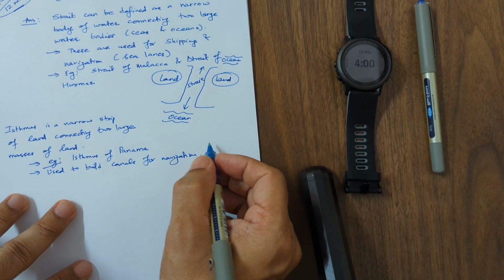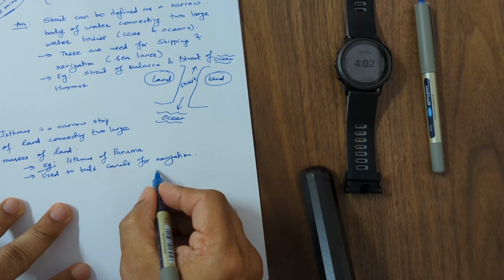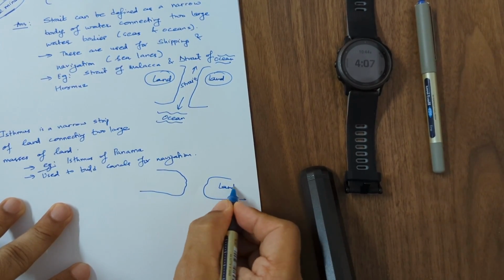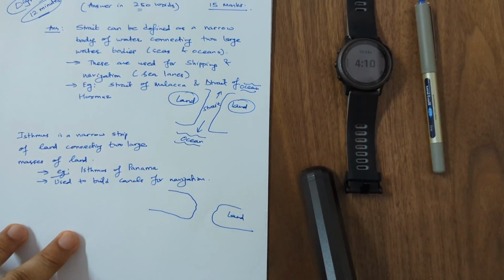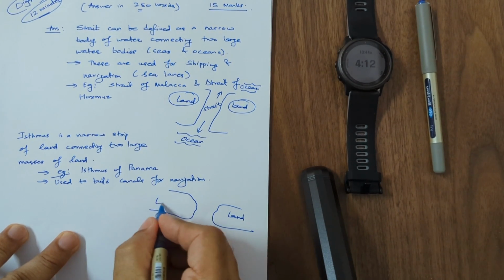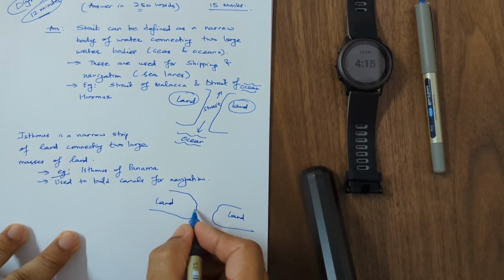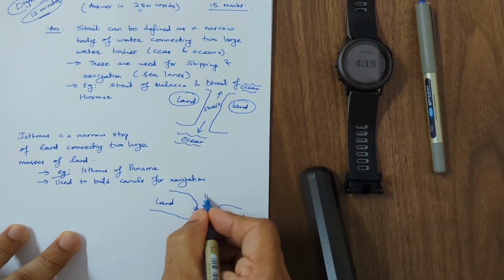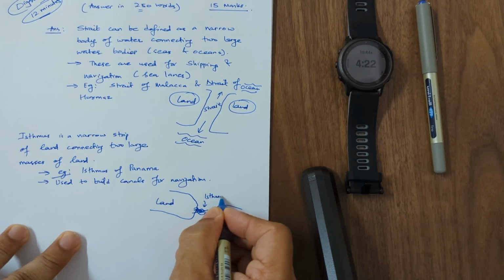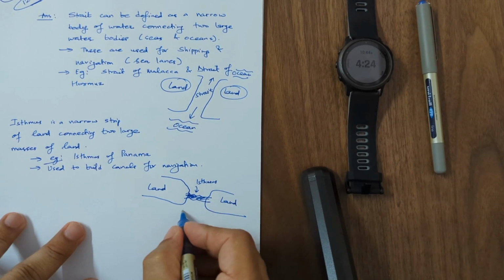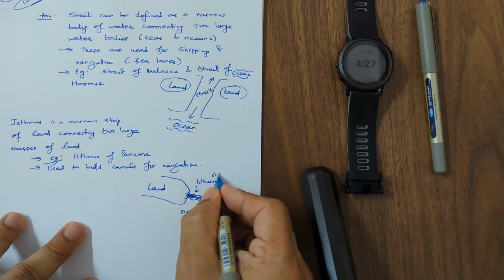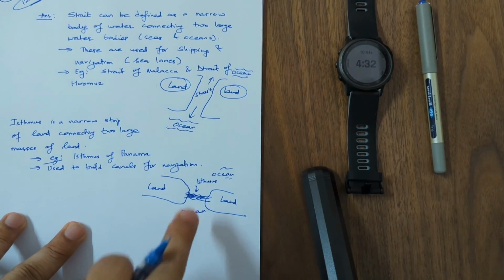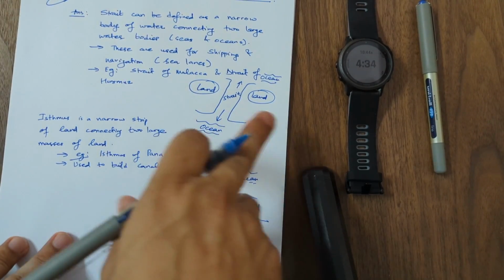and here I can draw a small diagram. All right, so here there is a space, land, land, and this is a isthmus. It's just a small stretch of land. Okay, and this is ocean and ocean. So I hope you understand the difference also. This is just a water body, this is a piece of land, between two pieces of land and oceans.